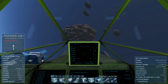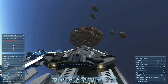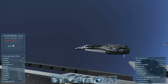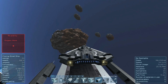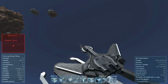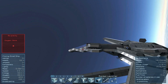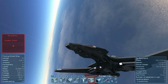Okay, so let's get our, if I can get the camera to work, landing gears, let's get those in. What does the afterburner do? That was weird. That's kind of funky. I wonder what that's supposed to do. Anyways, we've got... let's see. Rocket launcher's not working. Okay. The wings probably have to be open. No? Okay, maybe you have to use the timer block. Ah, there we go. Okay, so the timer block...